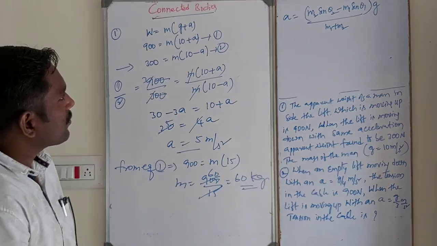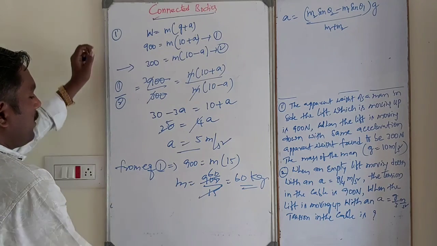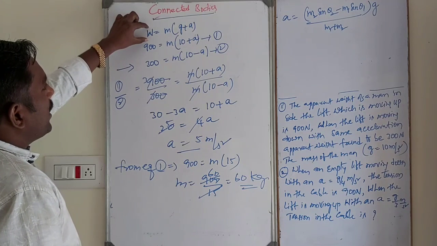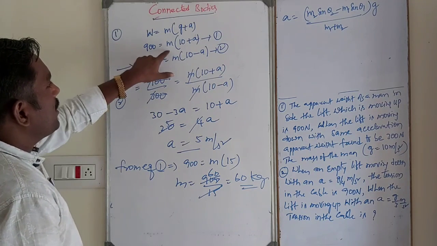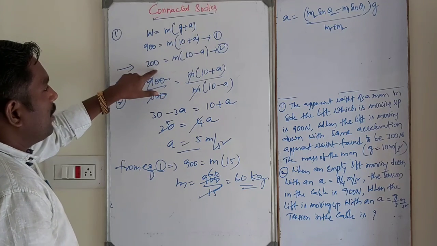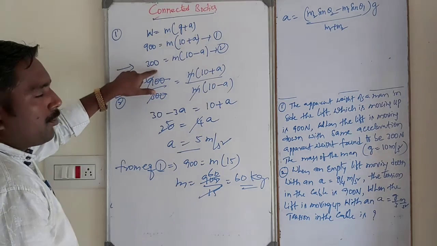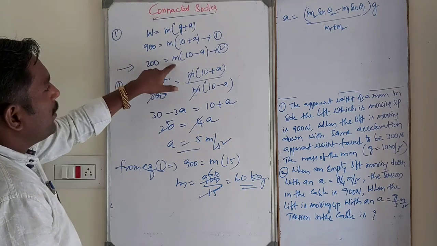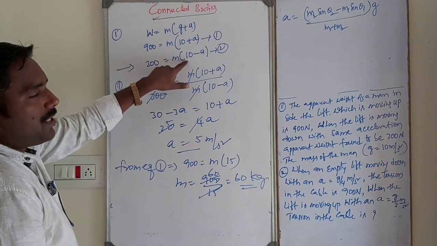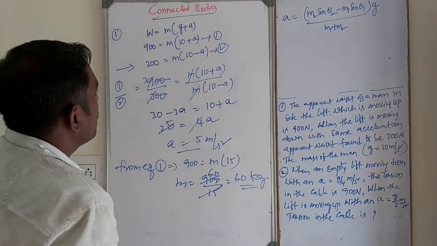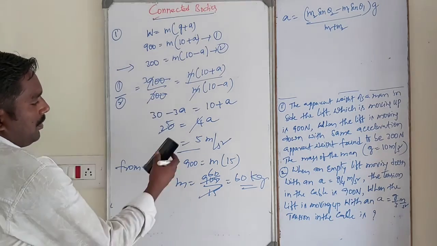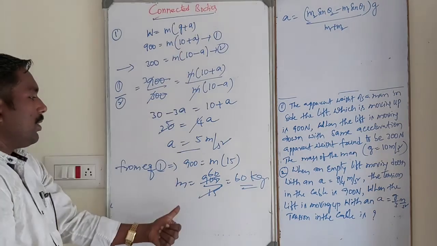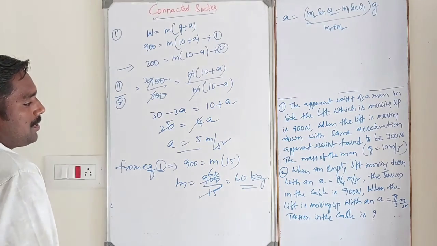This is one problem about the apparent weight. First, it is very easy. So the weight of the system moving in the upward direction is m into (g plus a), that is 900 is equal to m into (10 plus a). Next, the weight of the person when the lift is moving downwards with the same acceleration: the formula is weight equal to m into (g minus a). Substituting the values of a and g, which is 10, then equation 1 by 2, we get the acceleration. Then substituting the acceleration value in equation 1 or 2, we get the final answer. The mass of the body is 60 kg.